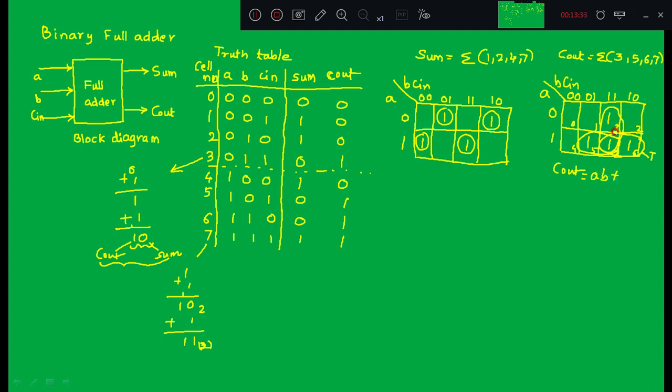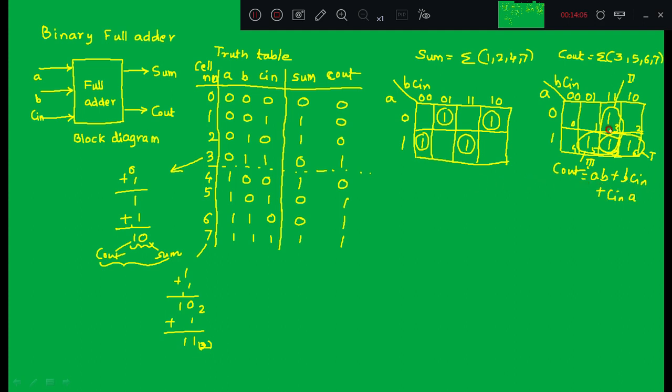Then if you consider this as second grouping, A is changing, you can neglect, B, C in. And the third term can be written as C in A. So it is easy to remember, AB, BC, CA. So in the third input we have taken C in, AB, BC in, C in A, like that.